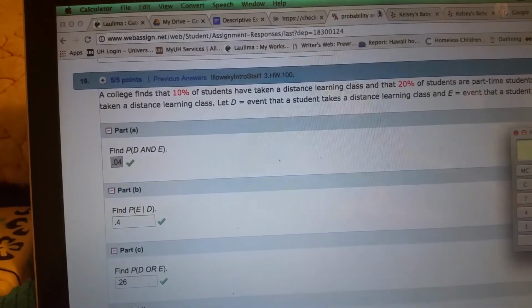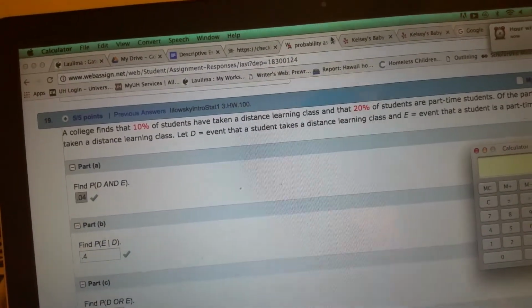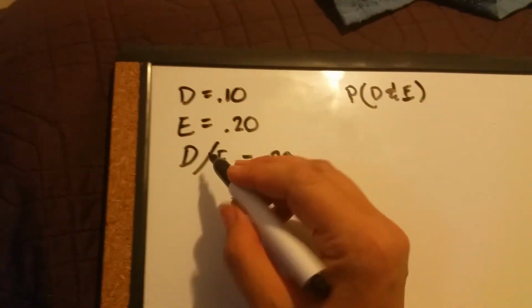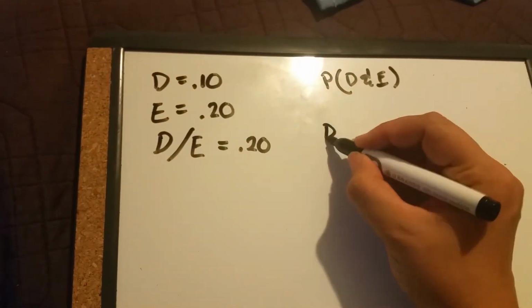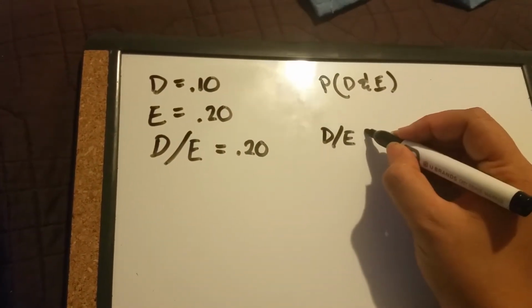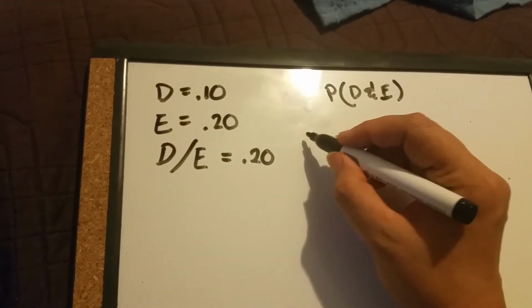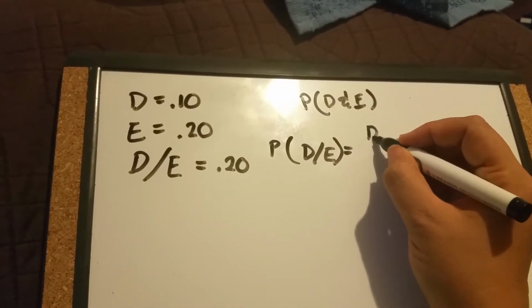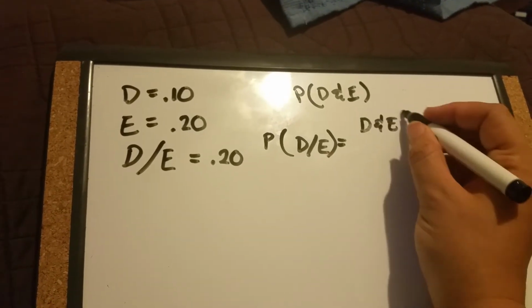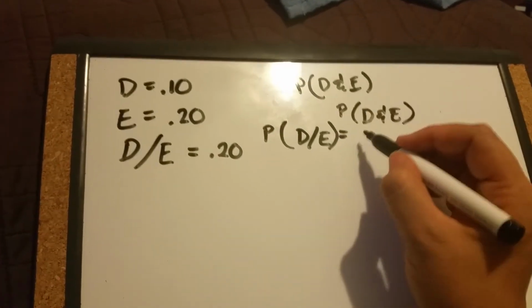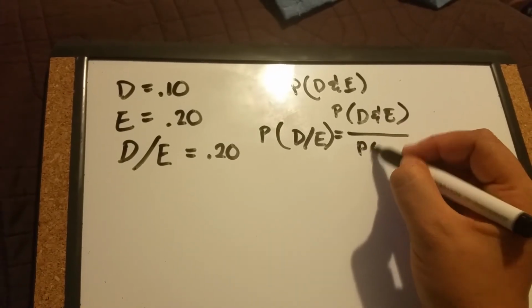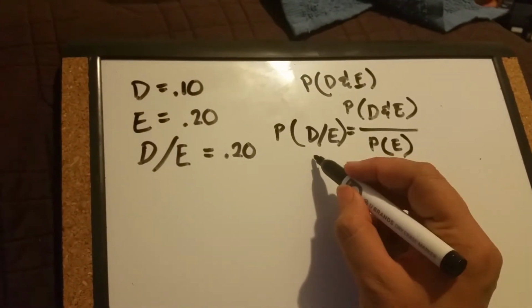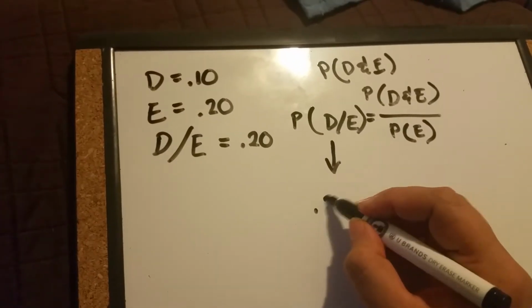The probability of D and E. Okay, so we don't know this, but we do know the D given E, right? So let's start with that formula. We have D and E, which we don't know, and then we would have the probability of whatever the second one is, which is E. Okay, so let's fill in what we do know. We know this is 0.20